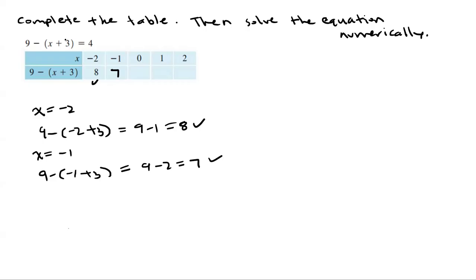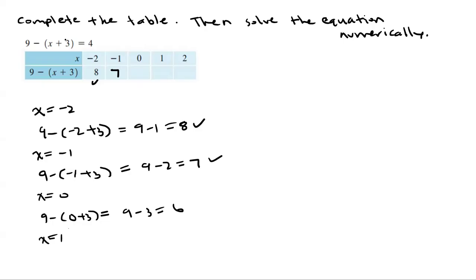Anyway, to save us on time here, we continue this path, right? So this pattern here. So x now equals 0. So 9 minus 0 plus 3. 0 plus 3. Again, when we're trying to simplify, we need to do order of operations, right? So we do inside the parentheses first. That's why I'm focusing on that first. So 0 plus 3 is 3. 9 minus 3 is going to give us 6. And then